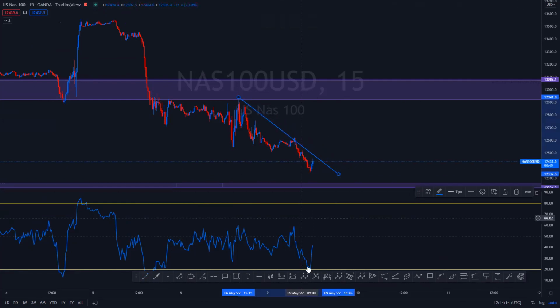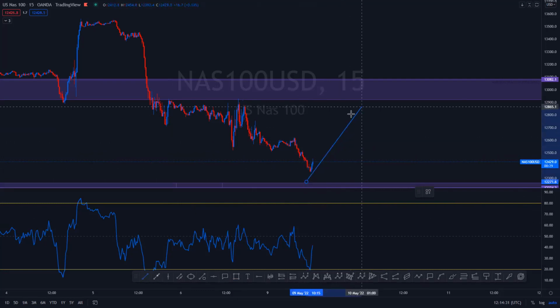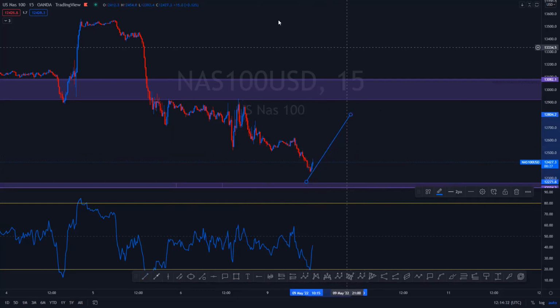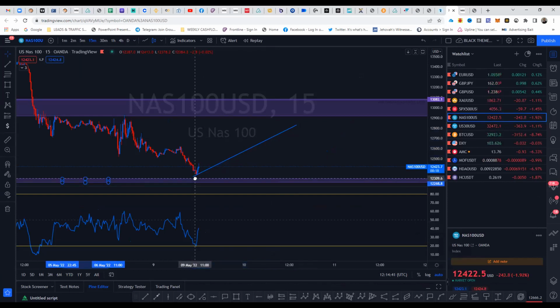But we see it reverse here as well. When we look at the RSI, it looks like price is trending up at this moment. So where current price is at, I'm going to say that more likely price is starting to trend back up again. And the reason why I say that typically is because price is really oversold at this point,